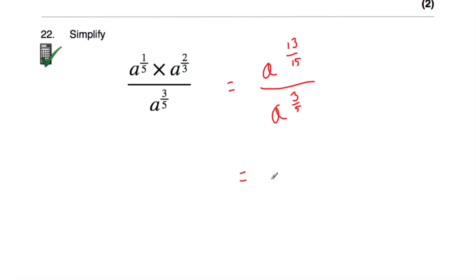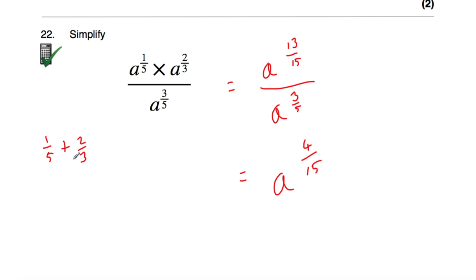And again, it's a calculator question. So we can now just do take away 3/5, and that's equal to 4/15. So the answer is a to the power of 4/15. And that's it. And if this was a non-calculator question, you just would have needed to work out a fifth